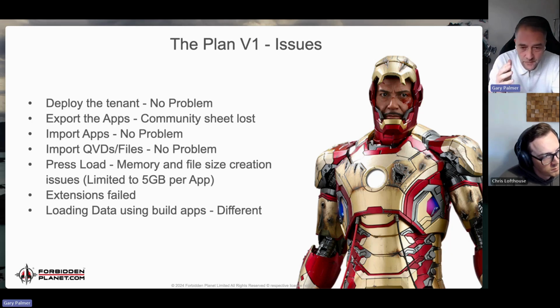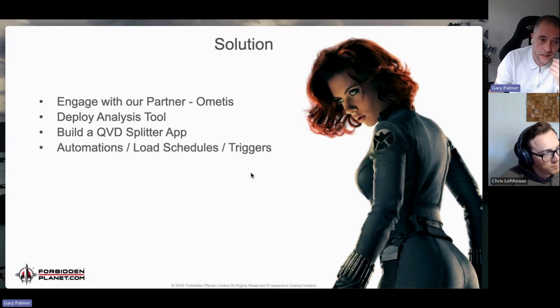You can also have automations link. There are ways of doing that. There are some much better features when it comes to cloud, which you can trigger things to run from external sources to force your updates to run as well. So there are more features as far as it comes to that. So the solutions. So when you get to these problems, what we encounter is we had these issues.